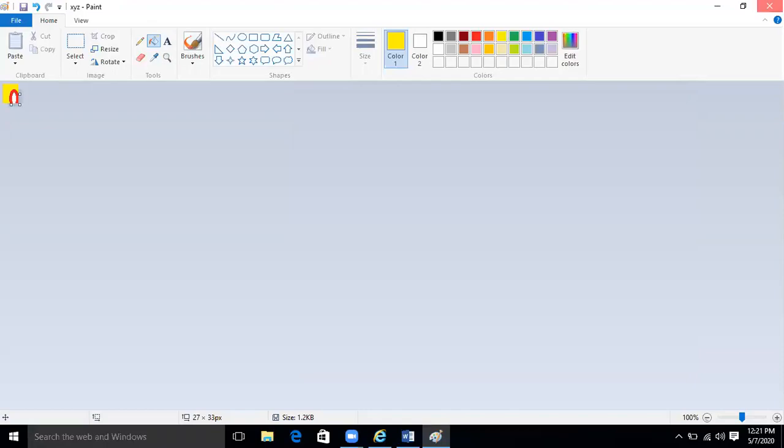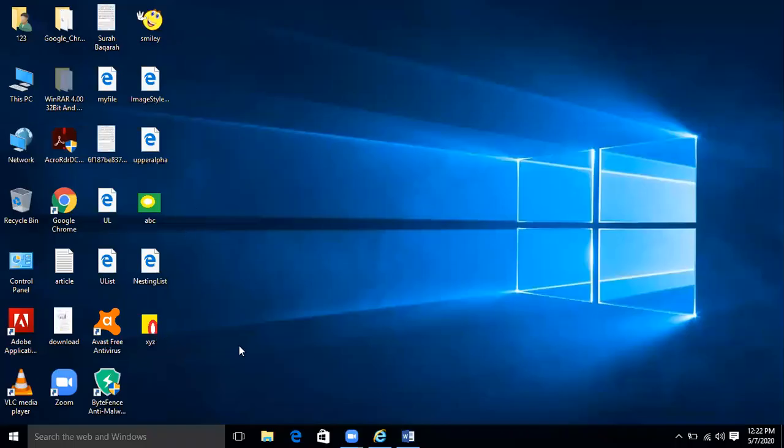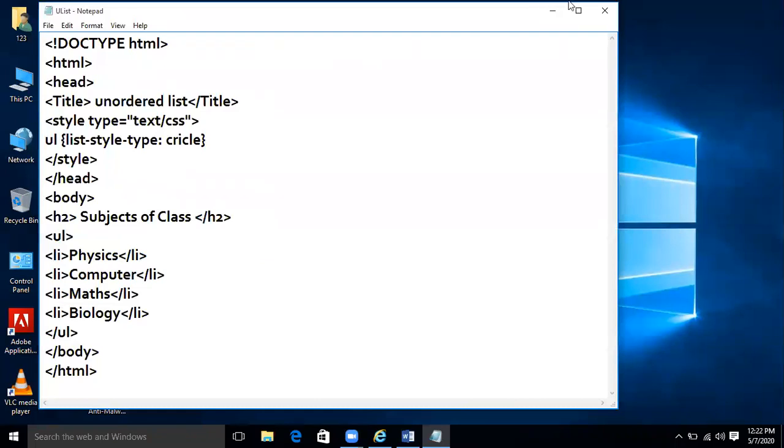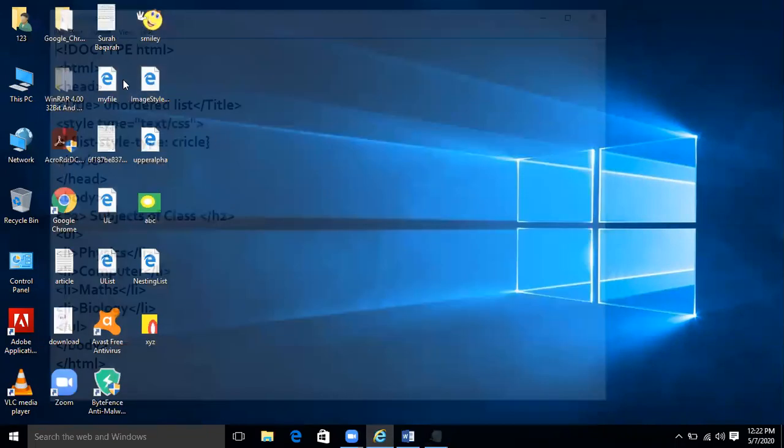I have saved the file on the desktop. Now see, this file is there on the desktop. Can you see this file? I want to use this image in my document. Its name is XYZ.